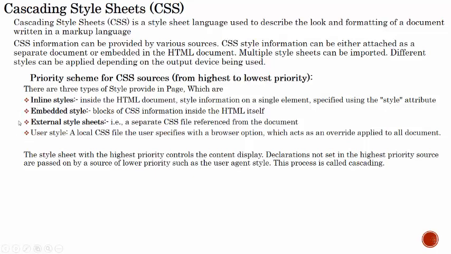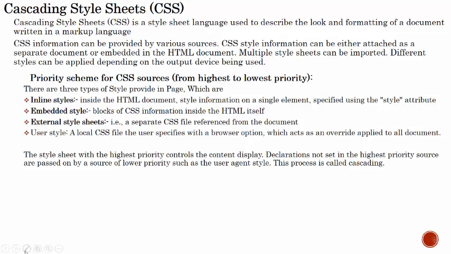First one is the inline style, second one is the embedded style, and third one is the external style sheet. So this one is the highest, this one is the second highest, and this one is the lowest.